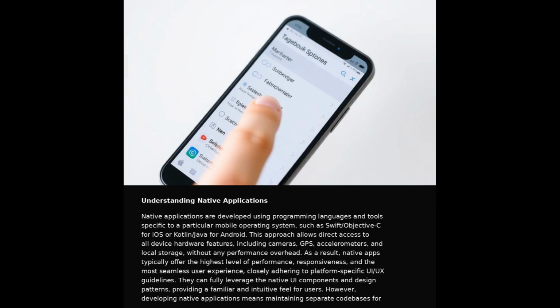Understanding native applications. Native applications are developed using programming languages and tools specific to a particular mobile operating system, such as Swift, Objective-C for iOS, or Kotlin, Java for Android. This approach allows direct access to all device hardware features, including cameras, GPS, accelerometers, and local storage, without any performance overhead. As a result, native apps typically offer the highest level of performance, responsiveness, and the most seamless user experience,